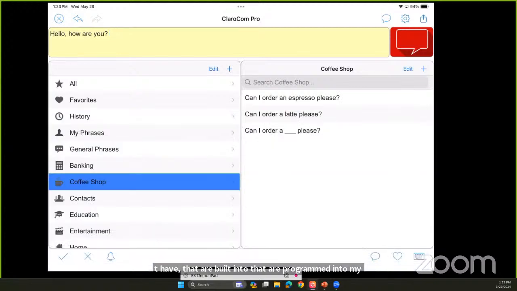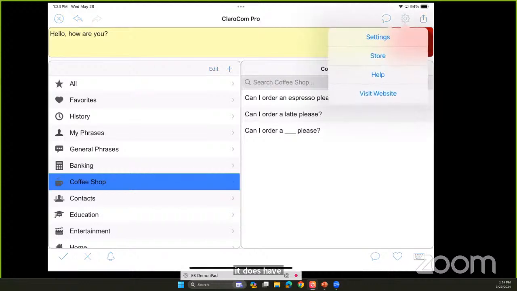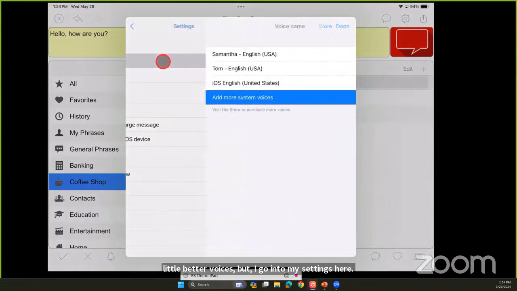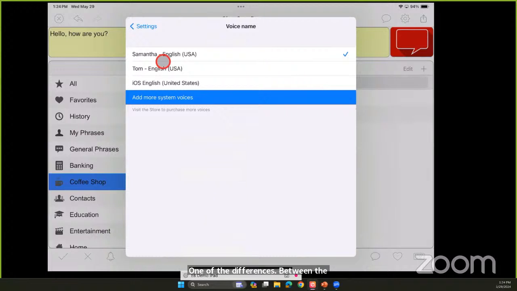The one thing you will notice about this app is it does have some a little better voices, but if I go into my settings here, one of the differences between the paid and the free is here I have Samantha and Tom. I was using Samantha, which is so-so. On the free version, you would just have the voice from your device here.